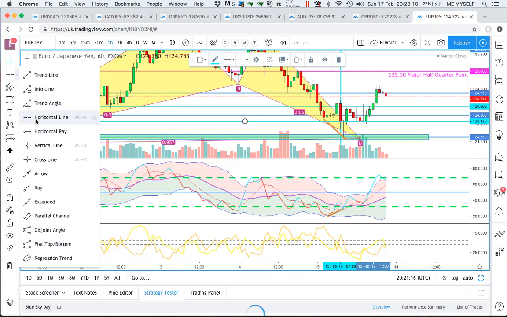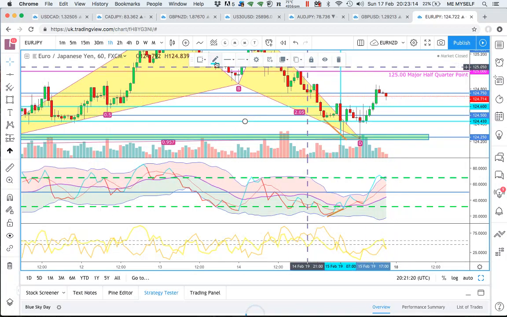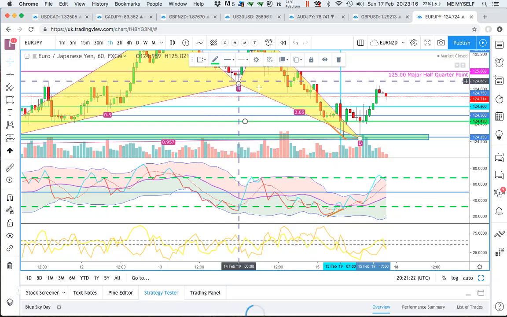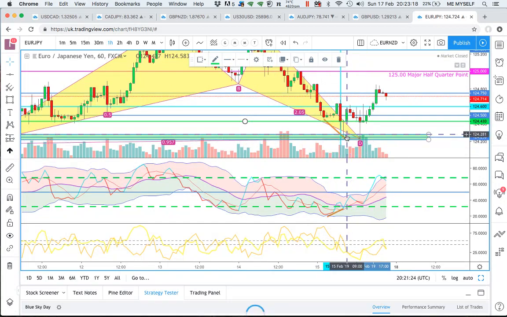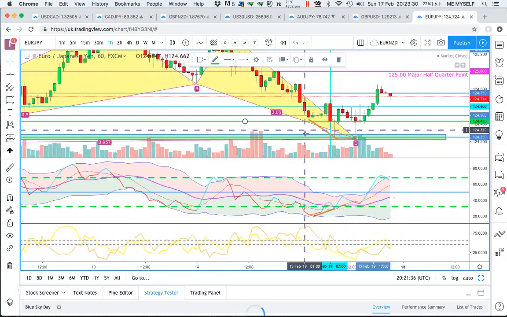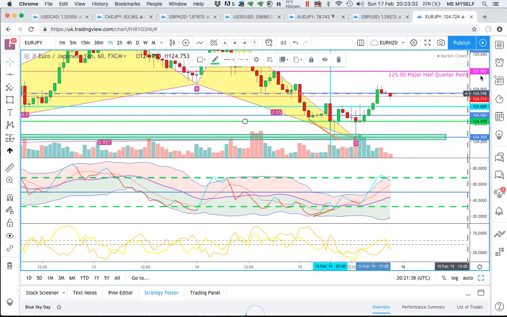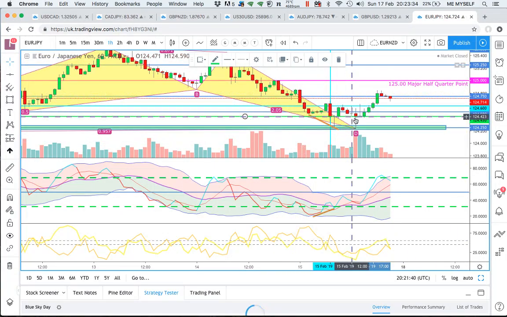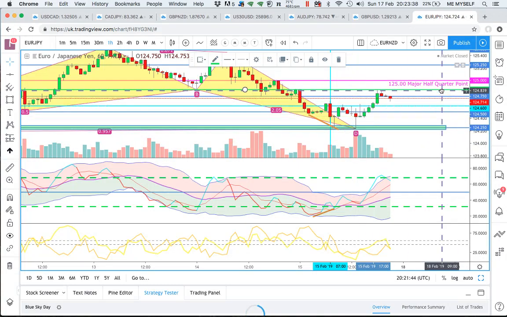There's some people who would have decided, all right, I've marked my zone off, I want to put a buy limit down there at that price, because you've got a specific quarter point price here. Price always seems to find its way to a quarter point price before it reverses. So you could have an early entry up there, or decided to have an entry at your quarter point level, and your stop loss